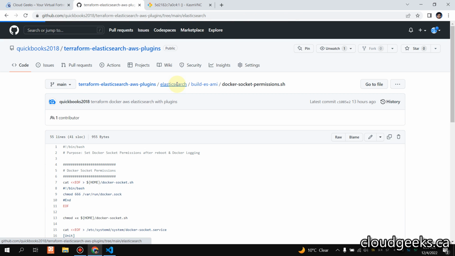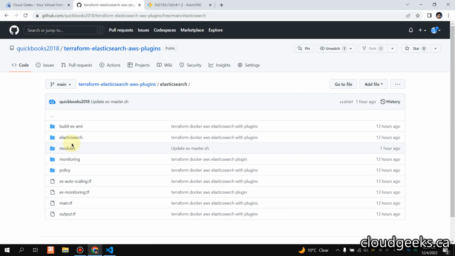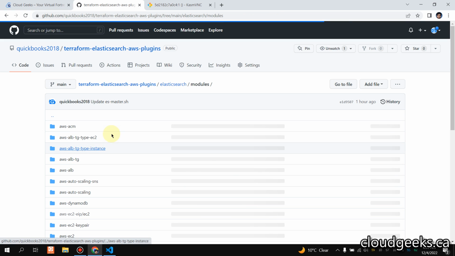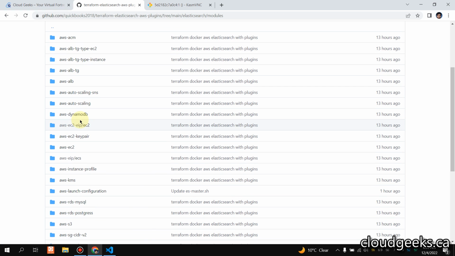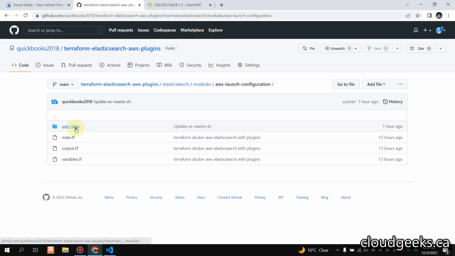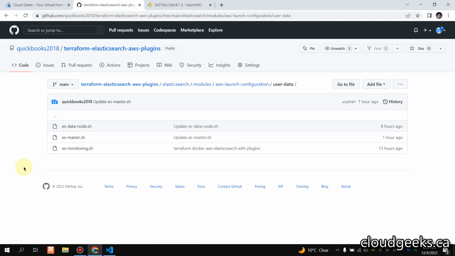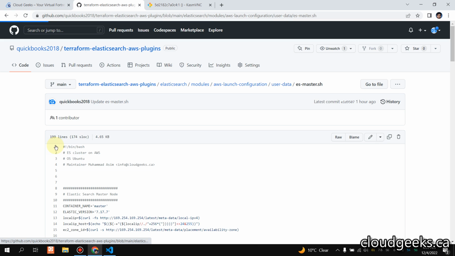And the other last part, I just want to show you, if you navigate to the module section, right? So in module section, navigate to the launch configuration. This is the launch configuration, user data. So in past, we have three master node script. We have run through the launch configuration and auto scaling group, but we just have now these two script. This is for monitoring. I've already shown you. So this is the master